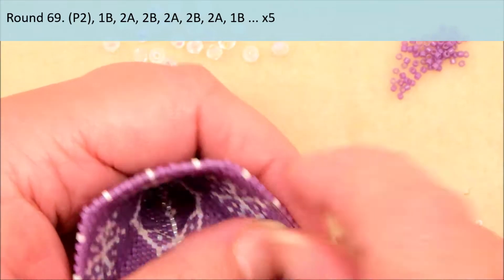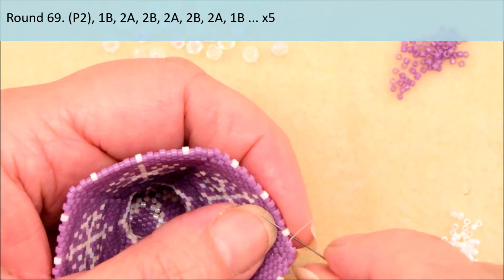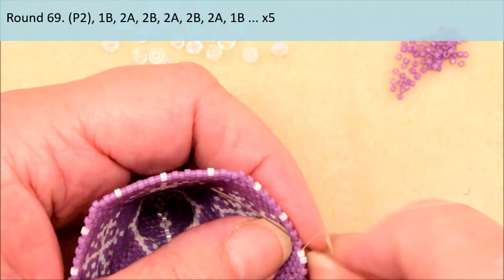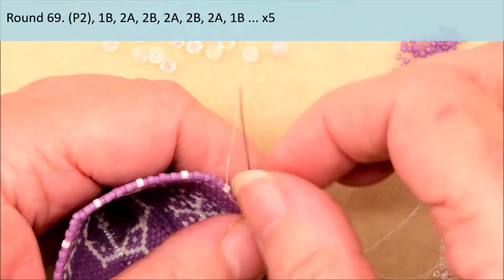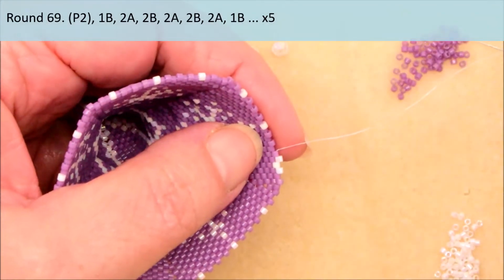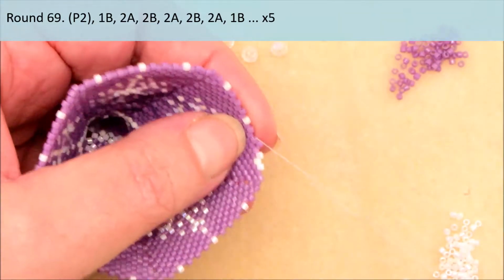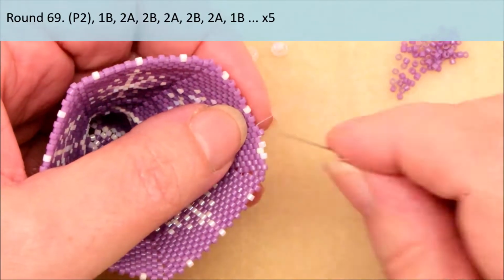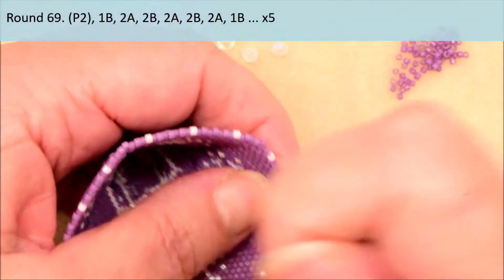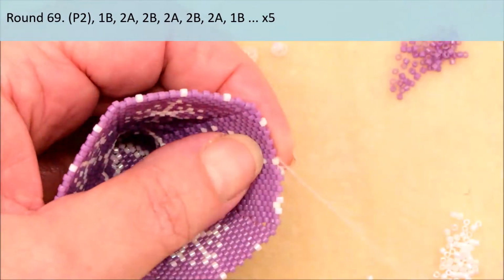Okay, so we'll just add the beads along here. So it's 1B, then 2A. These white beads will surround your 4mm beads. Okay, 2B, then another 2A,